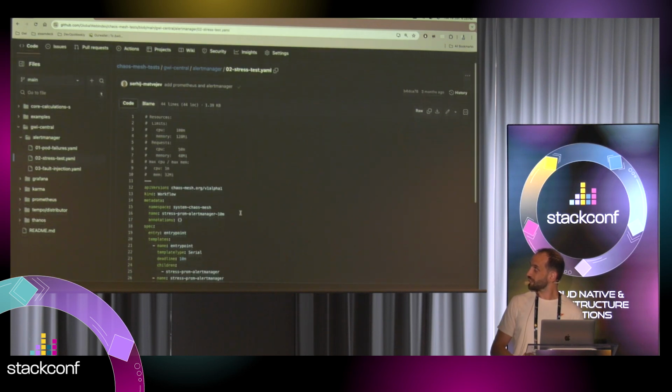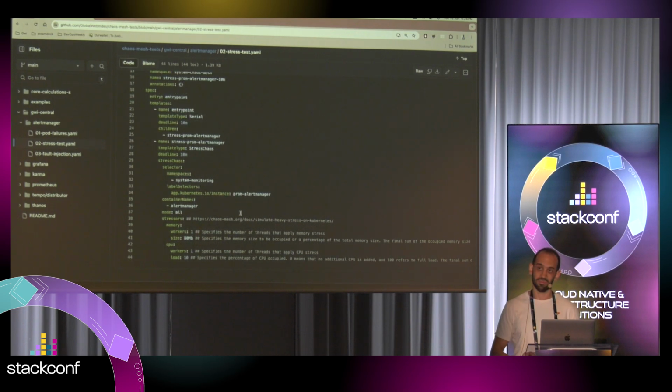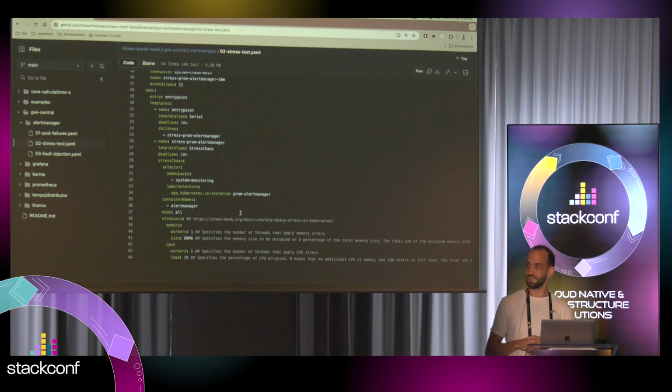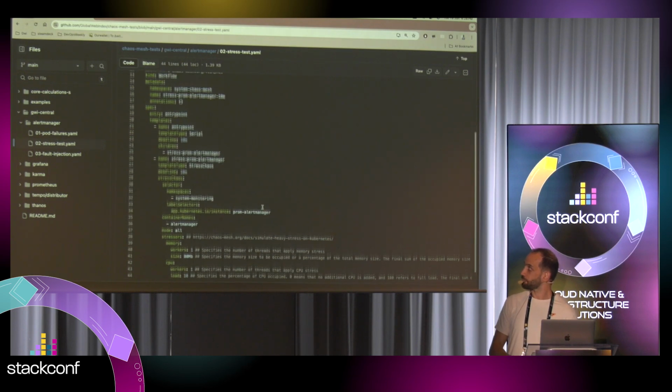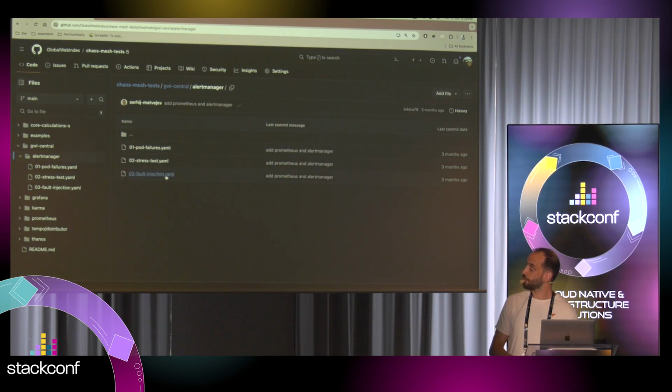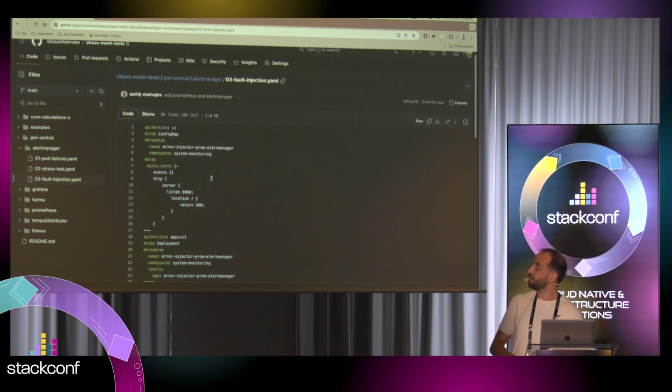Similar is a stress test. Stress test mostly does out of memory kills and CPU throttling. That was also very interesting. For example, if you're having Prometheus throttling and then you are debugging a production incident, is Grafana working? Is Thanos working? If Thanos is having throttling, will you be able to debug everything when you really need to? We didn't know this kind of stuff, but now we could test them. Again, very easy configuration. The most difficult part, and this is where it's getting interesting, is the fault injection.